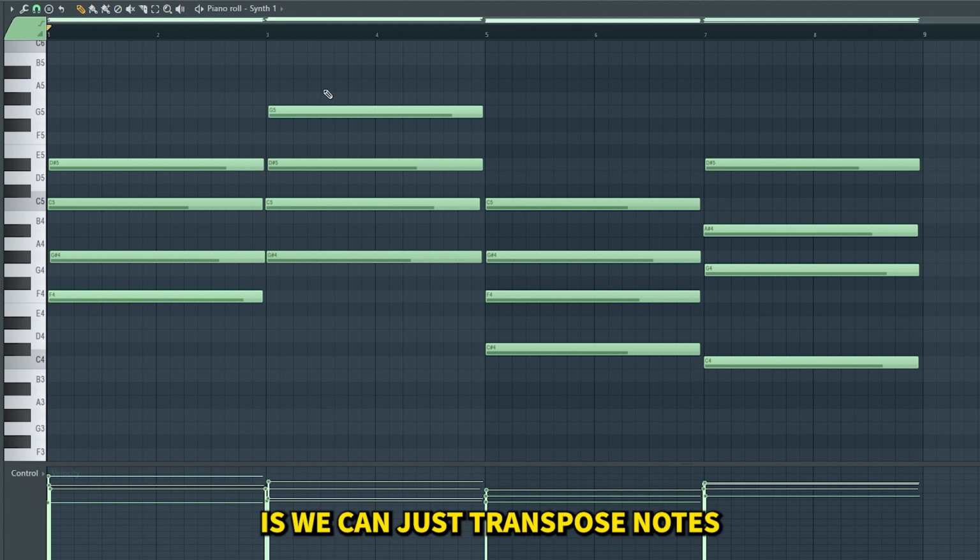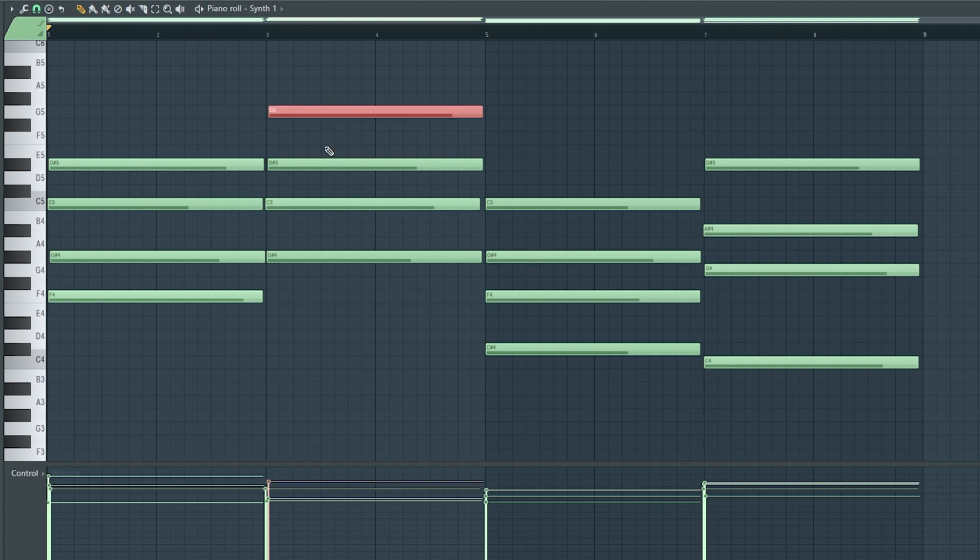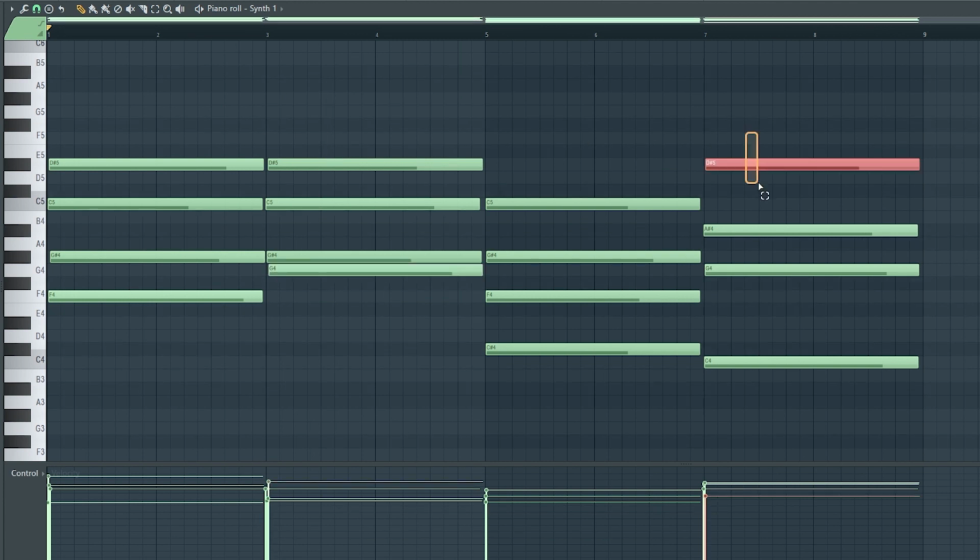And then another thing we can do is we can just transpose notes. So it's going to be the same chord, but we'll just move certain notes down or up. So for example,